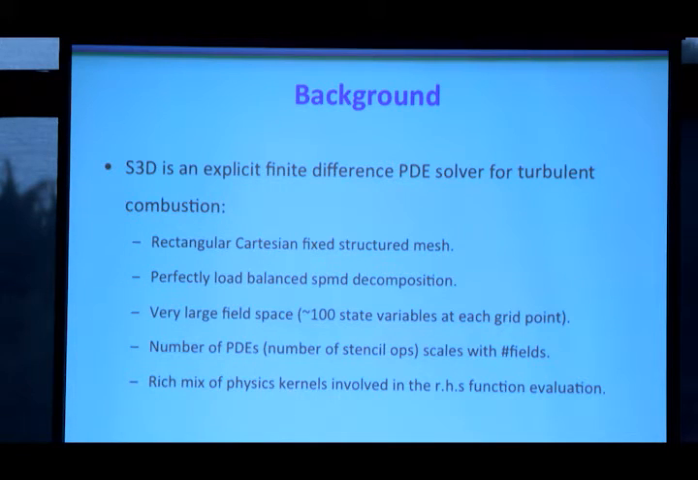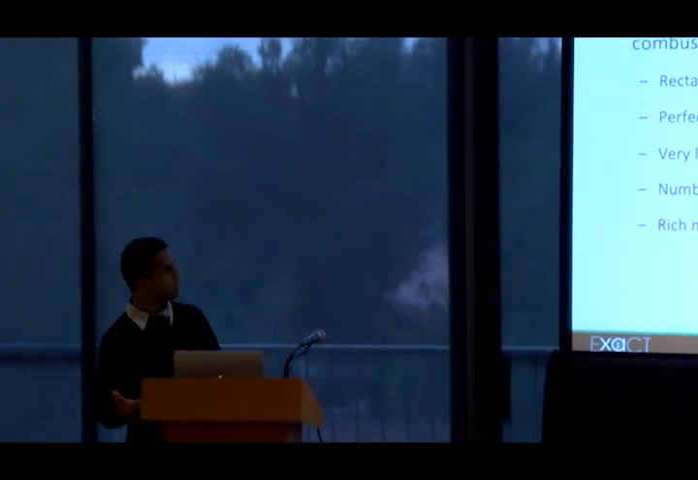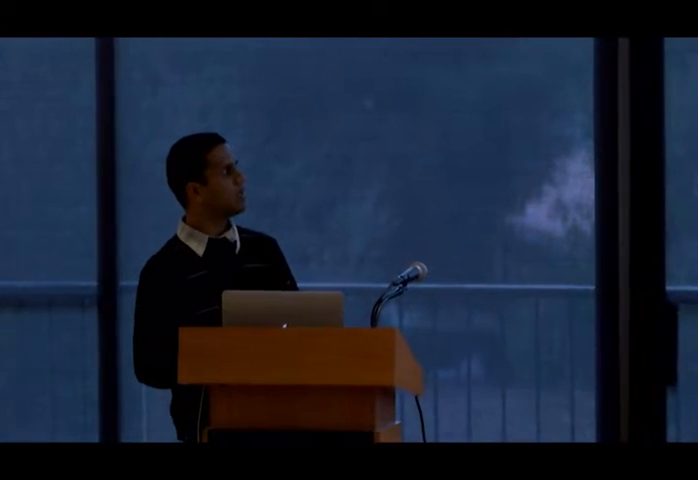But where S3D really tries to tackle the complexity is in the physics that it's solving. For turbulent combustion, S3D has a very large field space, of the order of 100. That's just the primitive state variables, about 100 state variables at each grid point. In the process of implementing the solver itself, the field space bloats up because you have a lot of intermediate fields that you need to generate, which are results of simple operations and so on. The number of stencil operations scales with the number of fields, and Sean alluded to that earlier. You have a lot of phase barriers in S3D, and that has to do with the number of stencil operations that happen for each field. And as I said,